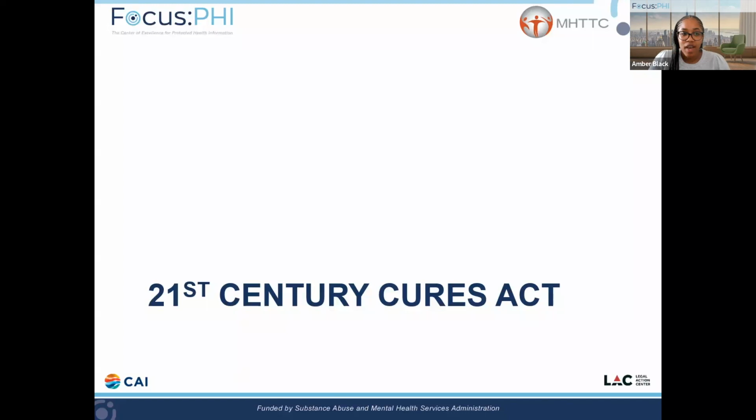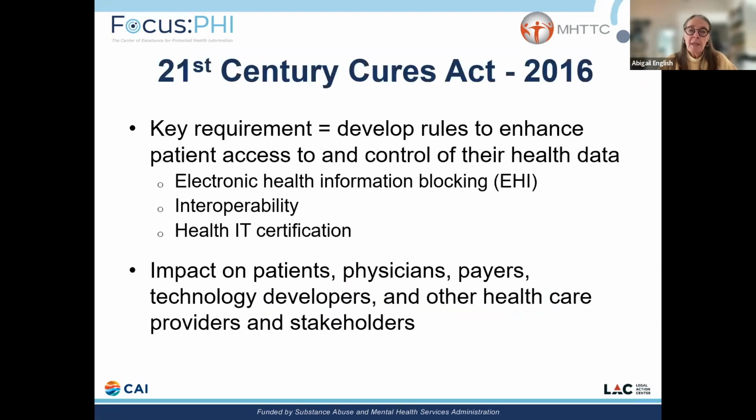And I will hand it back to Abigail to discuss the 21st Century Cures Act. So thank you, Amber. That was a wonderful overview of a very complicated set of regulations, Part 2. We're going to shift gears now and just for a moment talk about the 21st Century Cures Act, which is a much newer law than any of the ones we've previously been discussing. FERPA, the HIPAA privacy rule, and Part 2 have all been on the books for quite a long time. The 21st Century Cures Act was enacted in 2016, but probably was not familiar to many of us until much